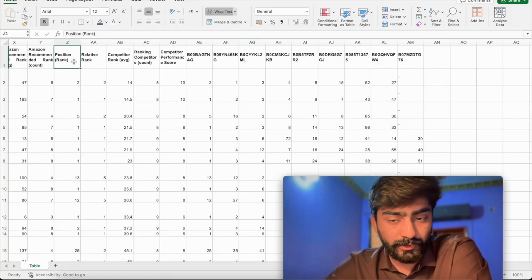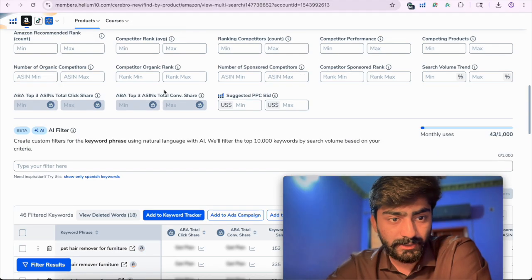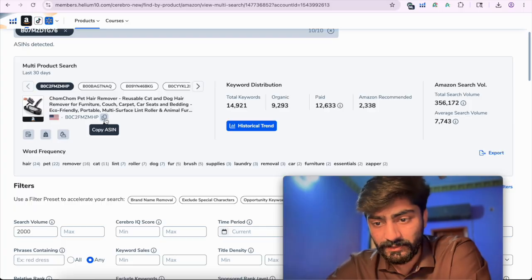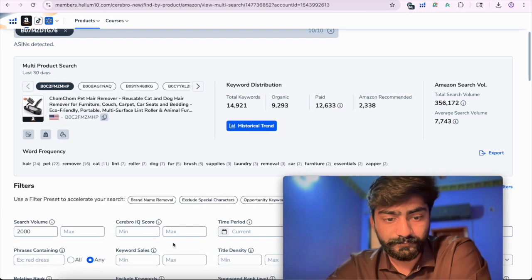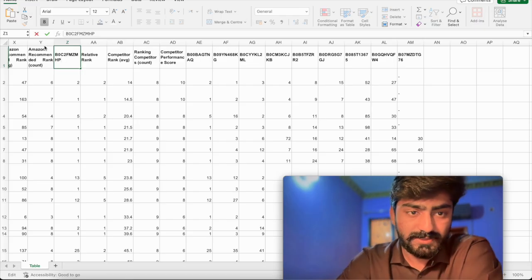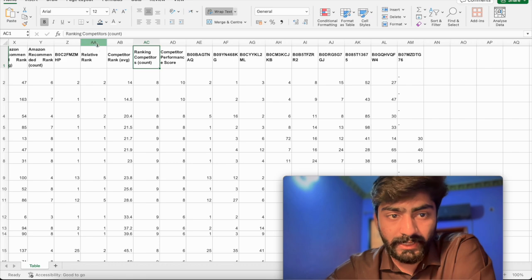This is the rank of the first ASIN that we have selected. So what we can do is copy this ASIN. This is the actual ASIN that is at the position of the rank. So we can simply paste this ASIN here. So we're gonna delete all the irrelevant columns